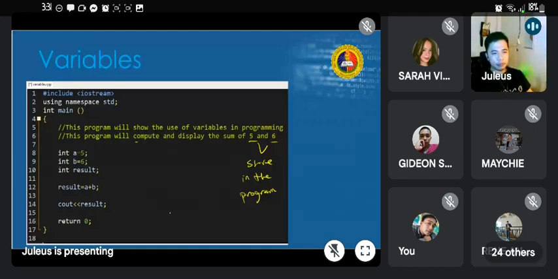So since these are values that we'll be using for our program, we're going to store them as variables. So first we define the data type. We declare the variable, the identifier, and we initialize the value according to the algorithm. So since the program here is to display the sum of 5 and 6, obviously we're going to initialize 5 and 6. However, if we say to compute and display the sum of, for example, two numbers,